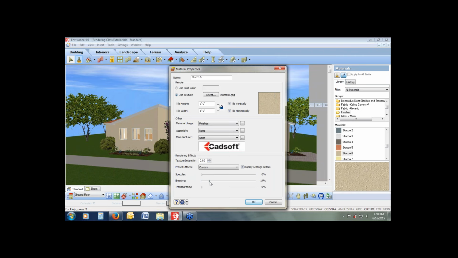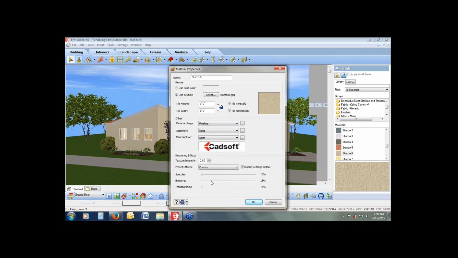The next is emissive. Emissive means, does it glow light from it? And I use this strategically for our interior shots, which we're going to cover next. And I apply that to any light shades that I have. I might even turn off the light involved and just make the light shade emissive so it looks like it's